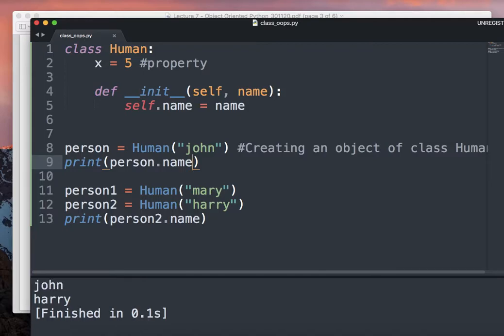So very easily we created this. This is the design of the class, and these are the real instances of the class, right? Like humans are there, and then the real people are there. This function is always run once you create an object, which we very simply can do like this.